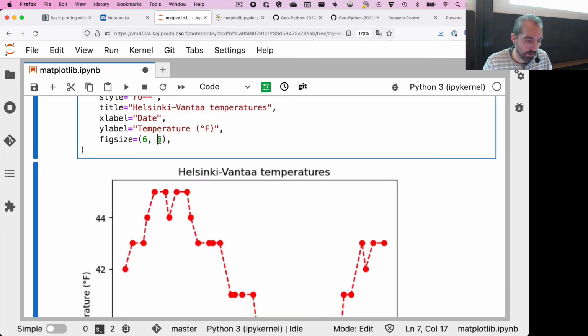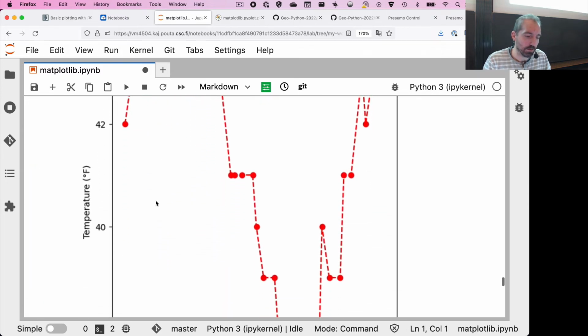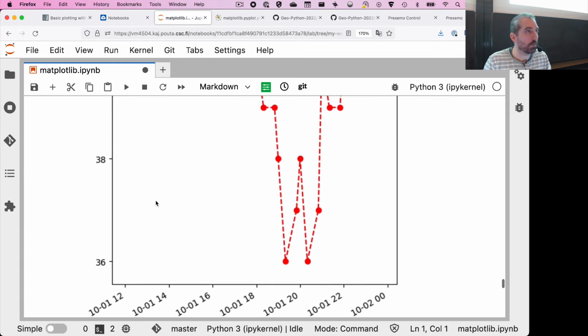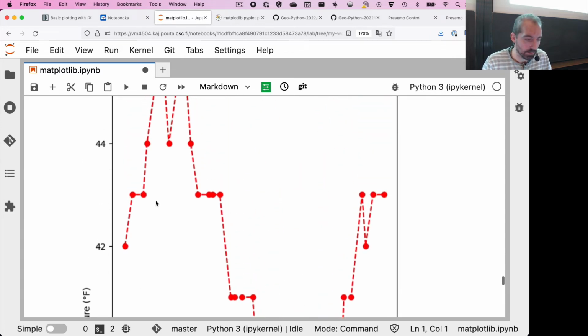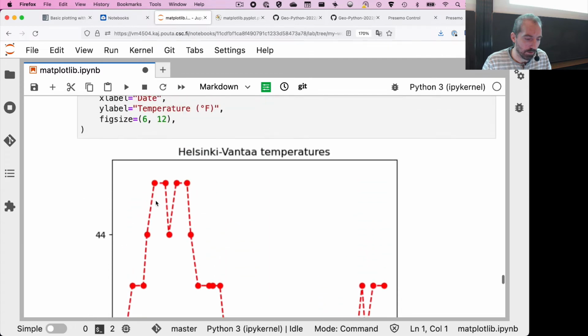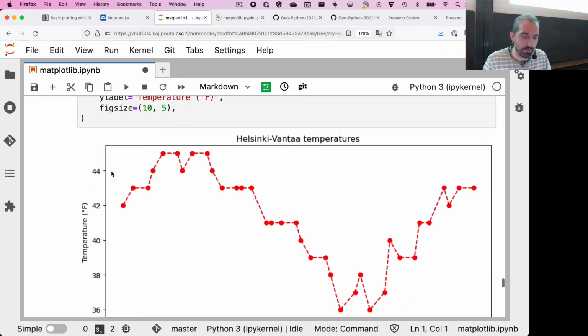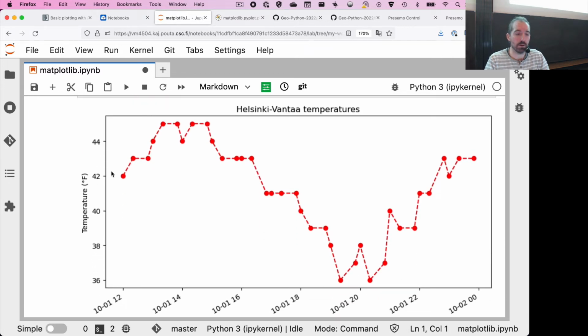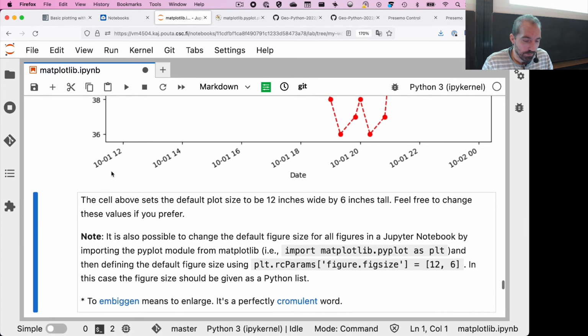Or if you wanted to, for whatever reason, make it tall and skinny, you could do 6, 12. The first number is going to be how wide it is. The second number is how tall. And again, this is probably not your preferred format for this particular example. But you could do 10, 5 or something like that, whatever you feel like. So that's how you change the style or the width of the